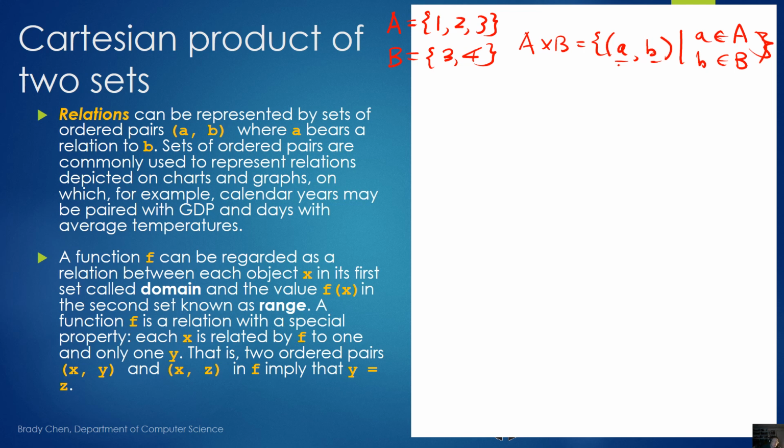So we know that A contains 3 elements, B contains 2 elements. So now the Cartesian product A times B contains all the combinations of the ordered pair. So now we can illustrate using the